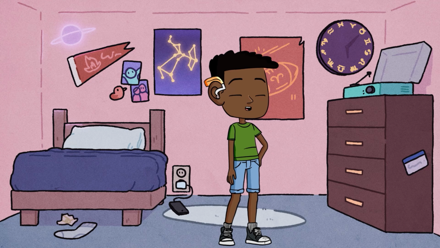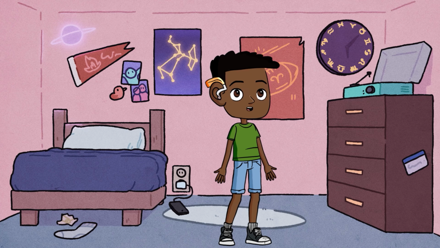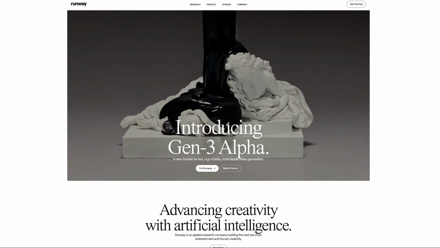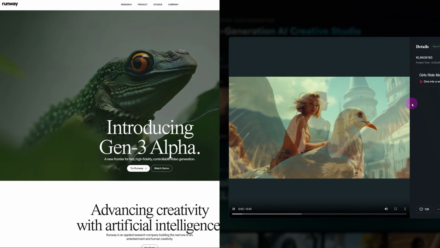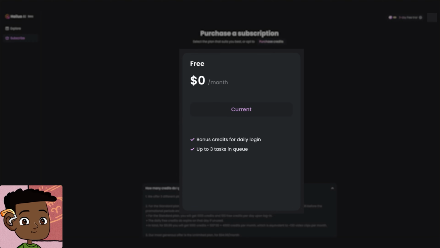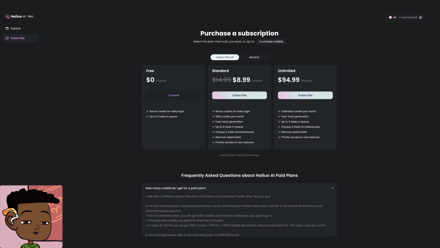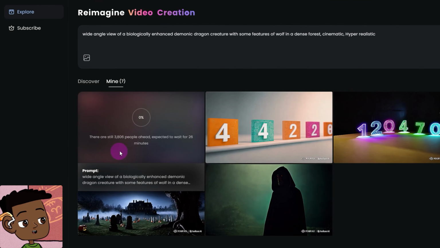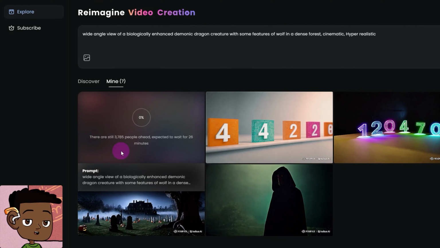It stands out as one of the best platforms for high-quality video generation, surpassing popular tools like Runway and Kling in terms of visual results. Under the free plan, you receive 100 bonus credits daily, which is a nice perk. However, since they are still in beta, these offers may change soon. If you're considering upgrading, here are their paid plans. The only downside of the free plan is the long video generation wait time. In some cases, it might take up to 30 minutes to generate a single video,